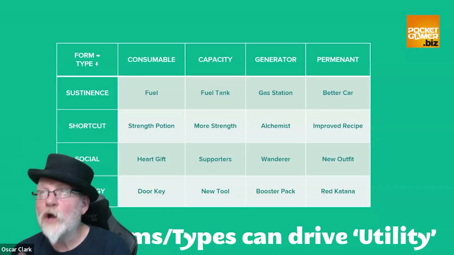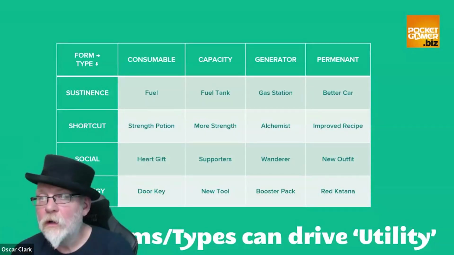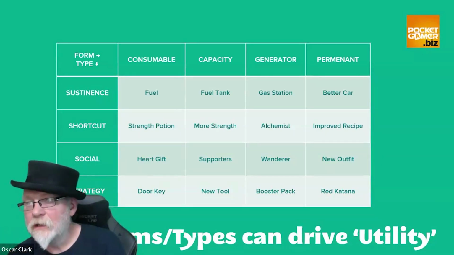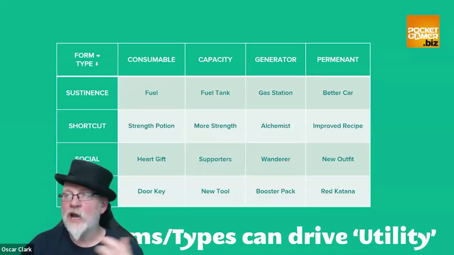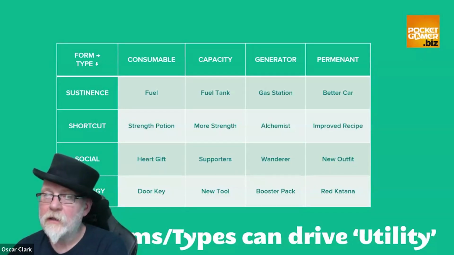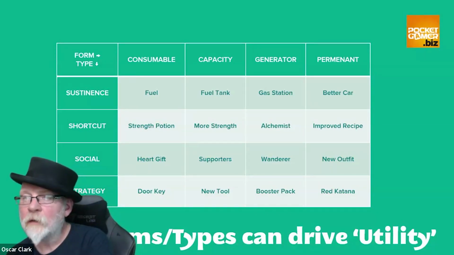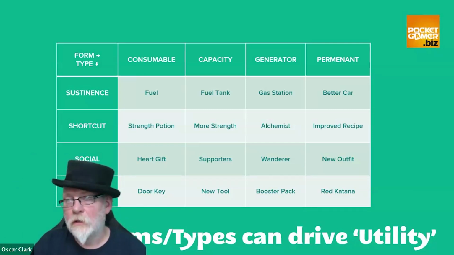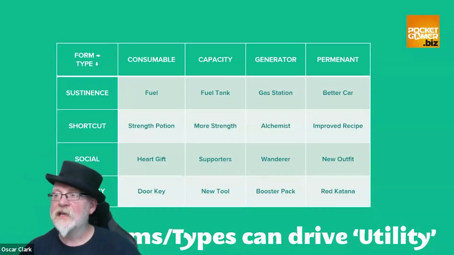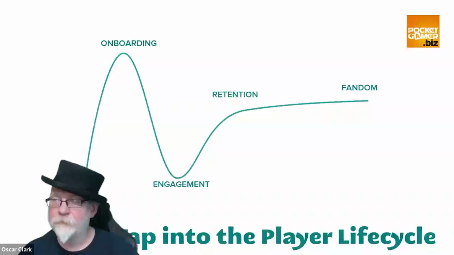So, for example, knowing that I have fuel, and that's a consumable, but I can get a bigger fuel tank, which gives me more capacity. I can buy a gas station, which gives me more fuel, which fills up my fuel tank more quickly. And then I can get a bigger car, but my bigger car uses more fuel. Now we're starting to tell a narrative around the things in a game that players can gain.